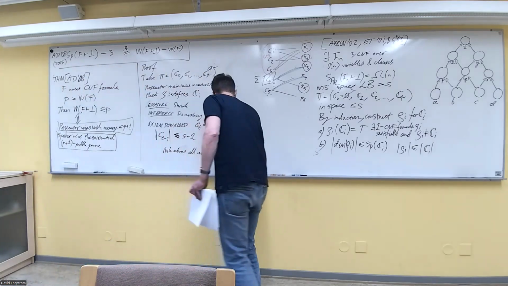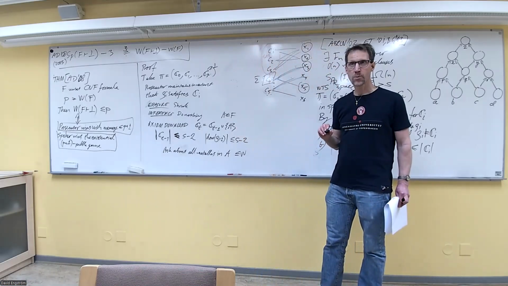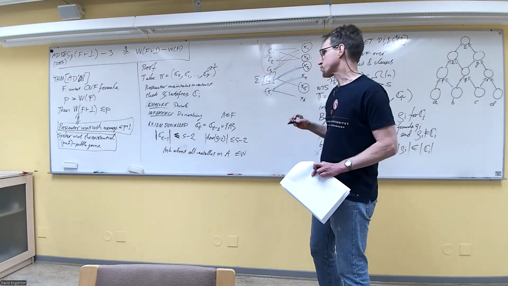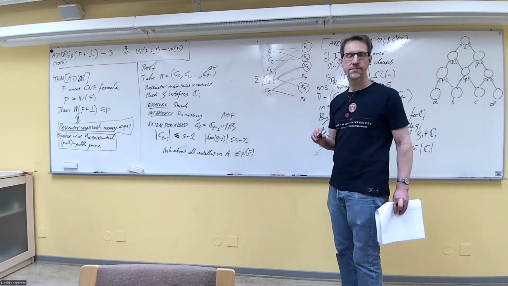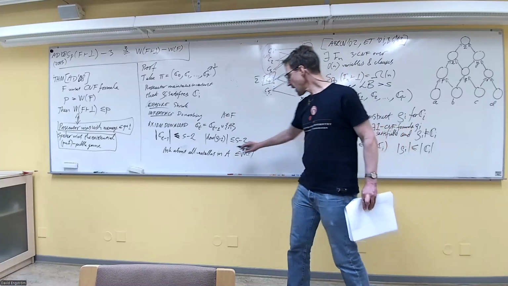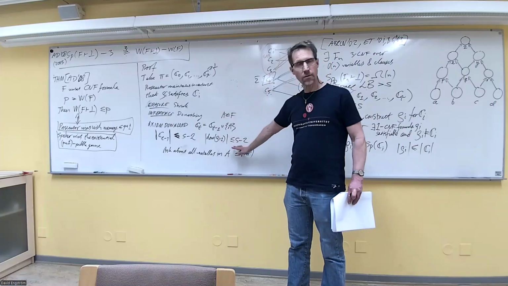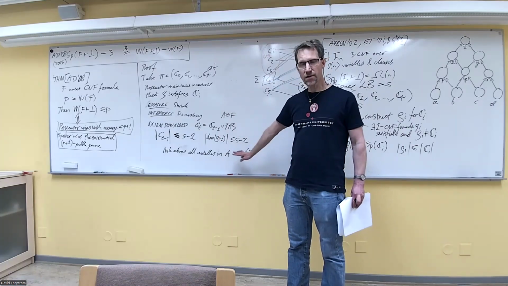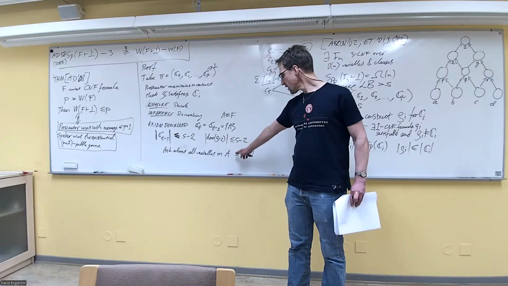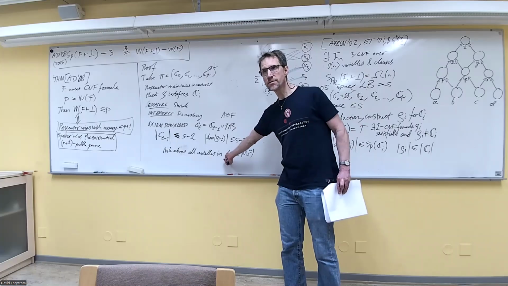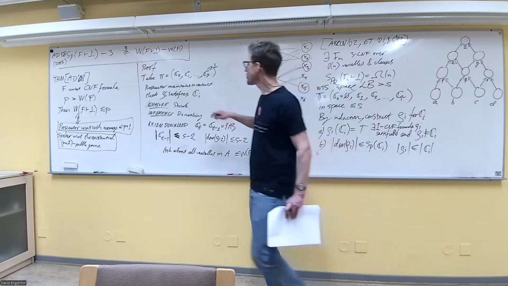How many are they? At most W, which is the initial width of the formula. And then when I've asked about all of them, either defendant violated the clause, but then we won. We're done. Or else I just remember that one literal and forget the other one. And now we're done. You just see that the width we got now